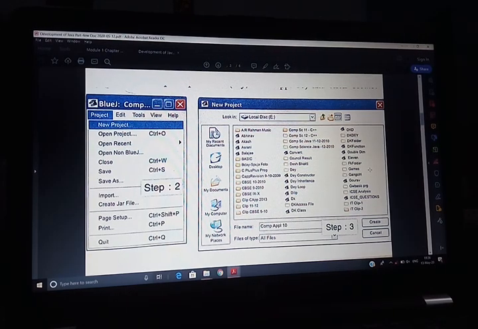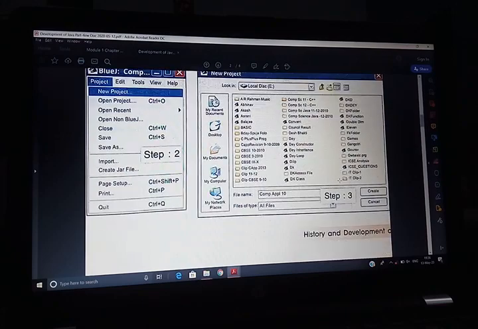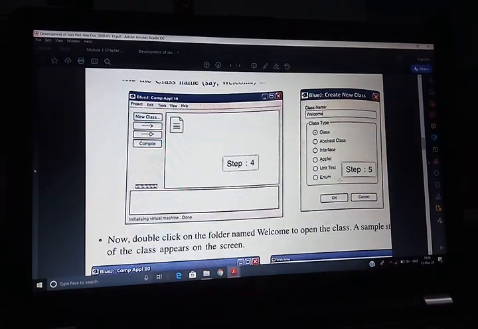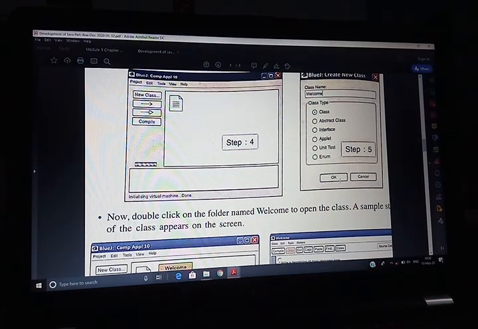You write down your file name. After writing the file name, all of you go to Create and click it here. Then next, just all of you come to this window.